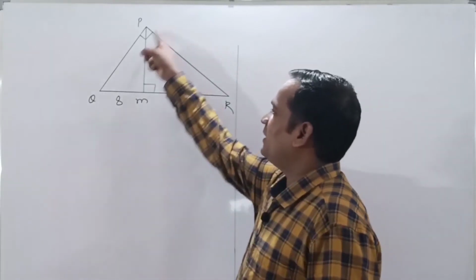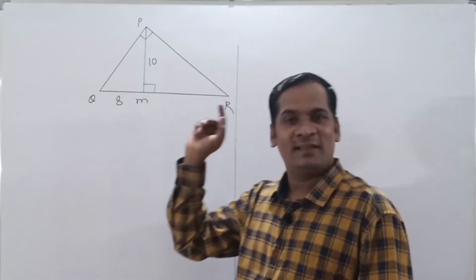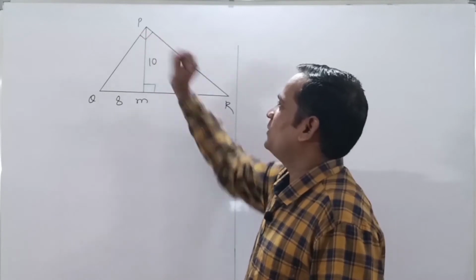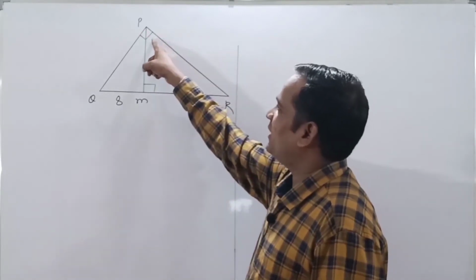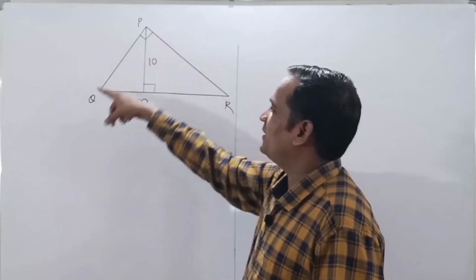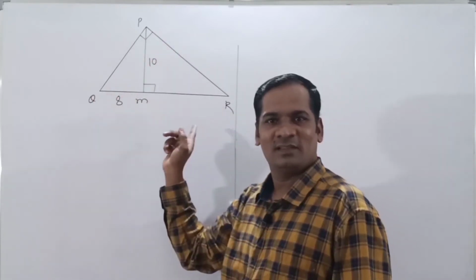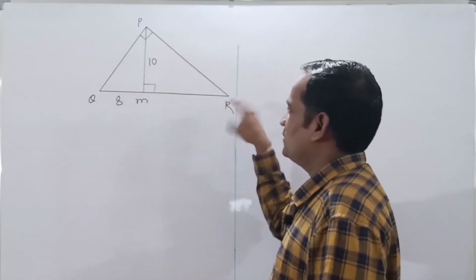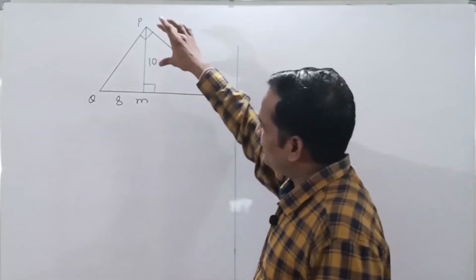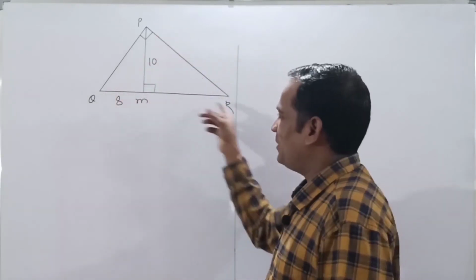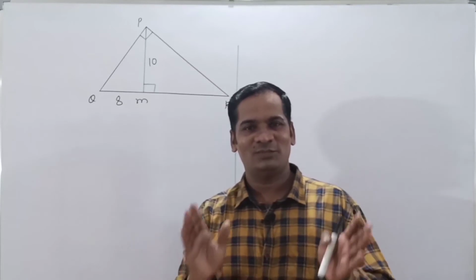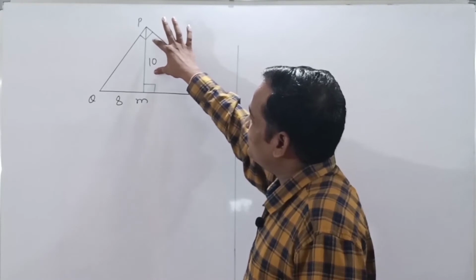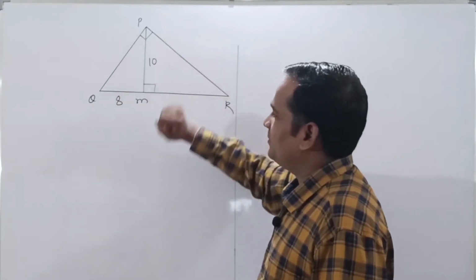Look at this. Triangle PQR is given, and in this triangle PQR, angle QPR is equal to 90 degrees. Look at the sign over there. If this is the 90 degrees, then the side opposite to this 90 degrees, that means QR, will be the hypotenuse. And this segment PM is perpendicular to hypotenuse QR. If this is the altitude and this one is the hypotenuse, then again we have to use the geometric mean theorem. So the height PM is 10.